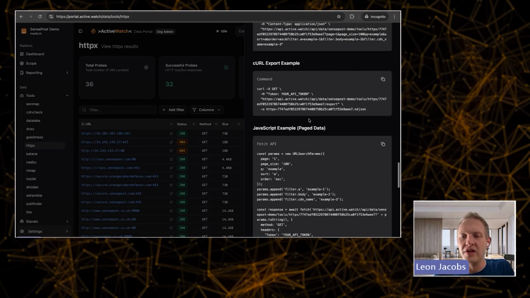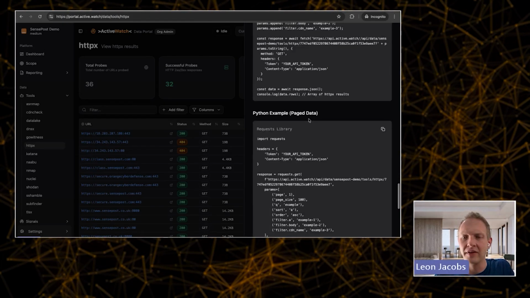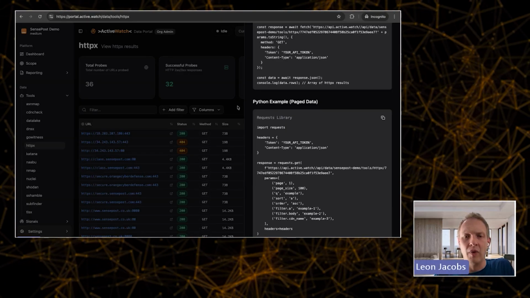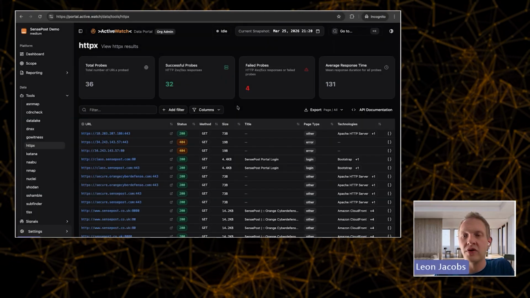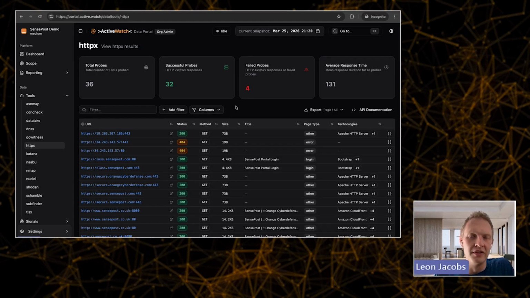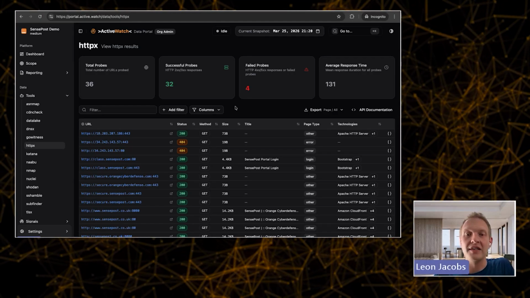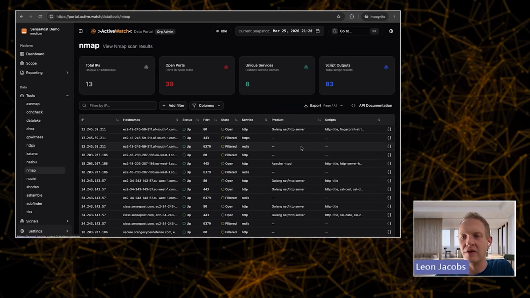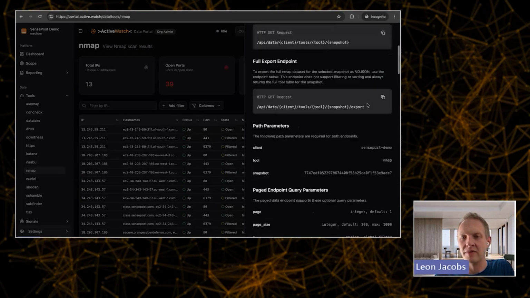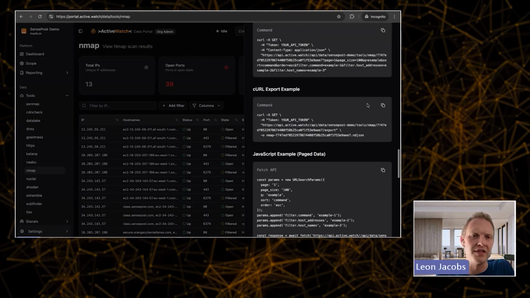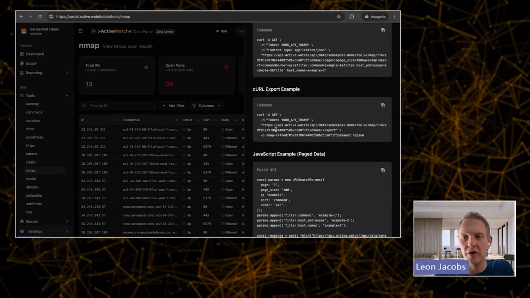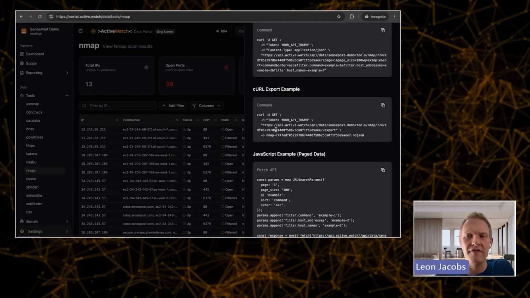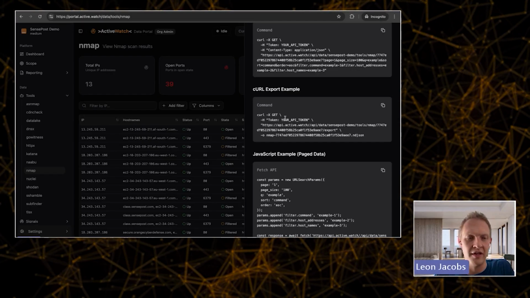Or you maybe have a more featureful program and you have some JavaScript or Python that you want to run that integrates with something on a cadence. One interesting case here could be if you wanted to ask an external provider like ourselves, give us access to some sort of port scan data. Now imagine a scenario where you can go to an Nmap view, you open the API documentation, and with one curl command, you sort of have a sense of what ports are open for all of the scope that we have scanned. We're quite excited about that, and I think it opens up quite a few interesting integration opportunities,